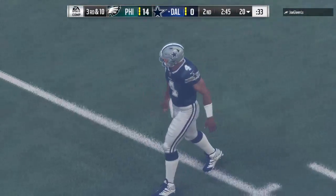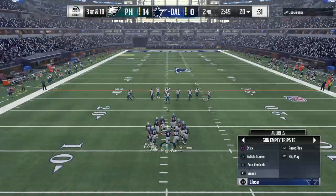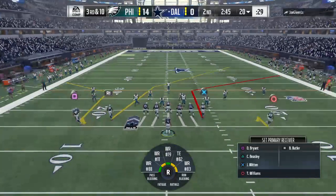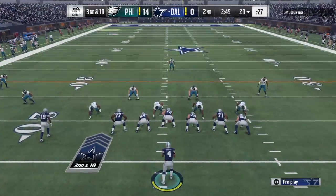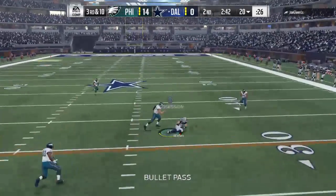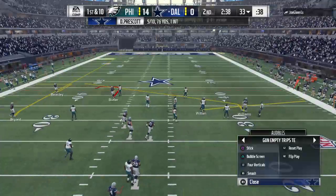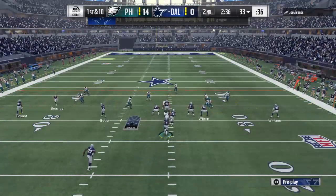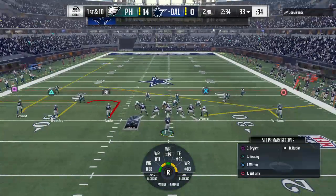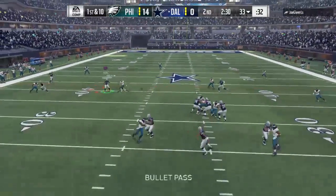The one thing that I've liked defensively is that they've shown them a lot of different looks here in the first half. They've come after them. They've sat back. I think that's what you need to do to keep an offense guessing. And they certainly have kept them on their toes. That's why they haven't had much success on the scoreboard. Complete to Jason Witten. They give him 13 yards there on the play and a fresh set of downs. Completion was given up, and that's why you play zone defense, so that you can have people around the...